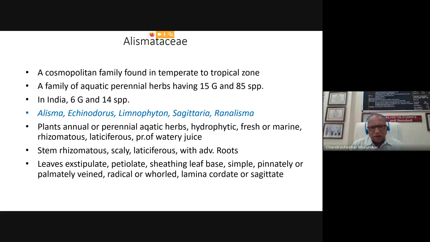Now, as far as this group is concerned, the major characteristic feature of embryological importance is that, as in case of dicots, some of the primitive dicots are containing more than 2 cotyledons. So even though it is placed in dicotyledons, in Ranales group, we will find the polycotyledonary condition. The cotyledon number is more than 2. And then in dicotyledons, most of the times it is reduced to 2.